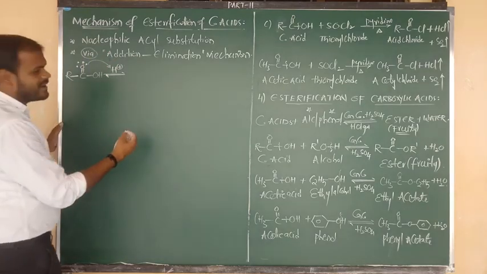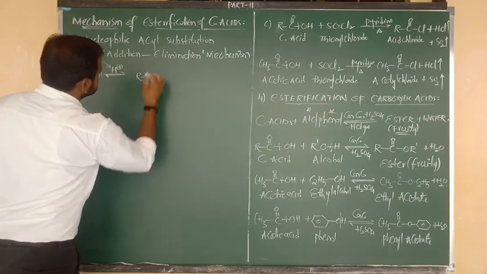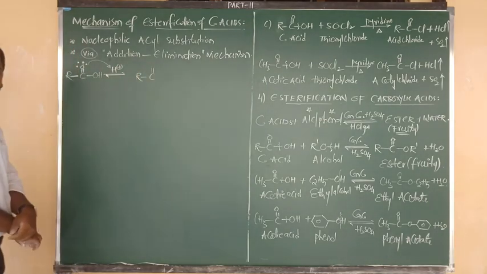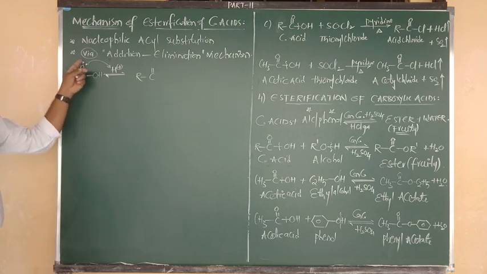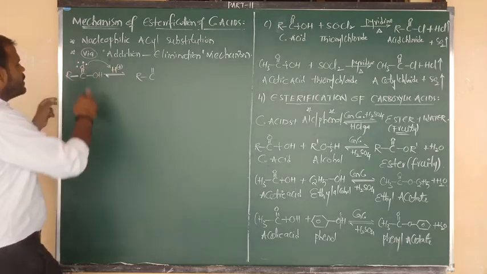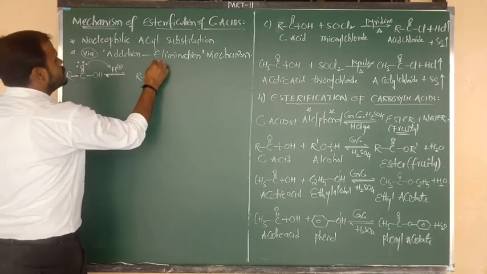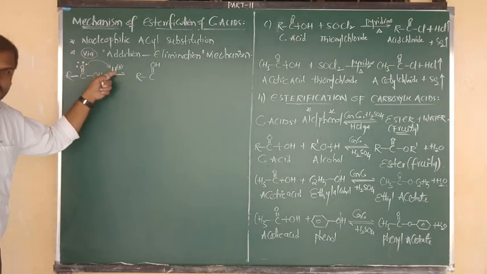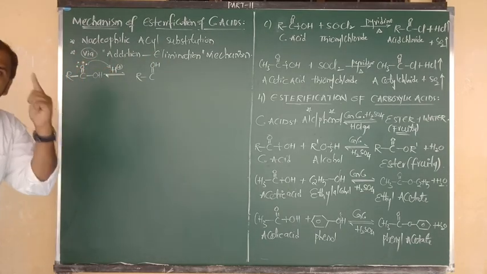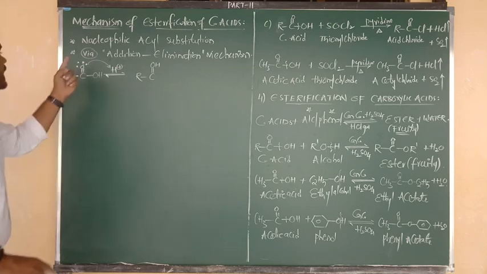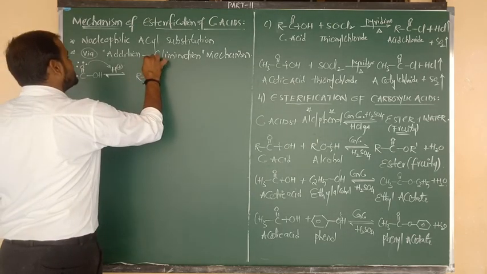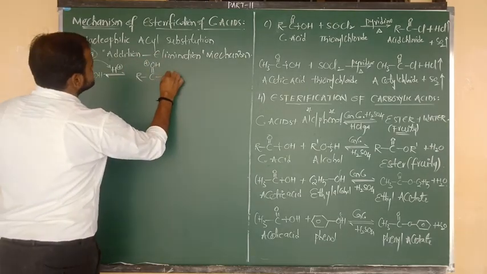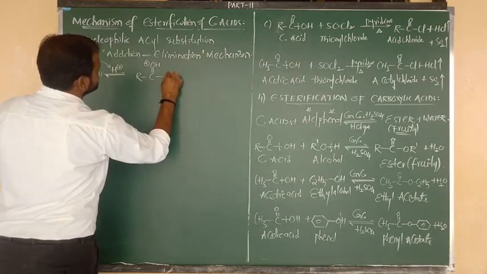Now what can we write? R bonded to C, with the double bond above the plane. I am going to write the double bond. But by using one of the lone pairs, oxygen makes a new bond with hydrogen, so simply we can write OH. For making a new bond with hydrogen, oxygen donates one of its lone pairs, so oxygen has donating nature and its charge is plus. Good. And on the right side it was connected to the OH group.